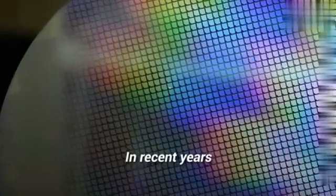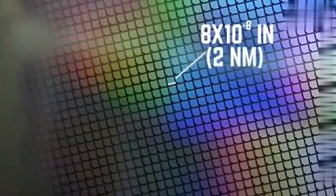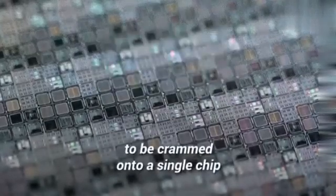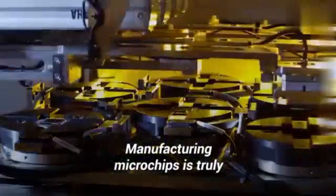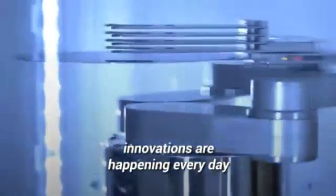In recent years, they've gotten each transistor down to as small as 8 times 10 to the power of -8 inches in diameter, allowing an amazing 50 billion transistors to be crammed onto a single chip. Manufacturing microchips is truly one of our most complex feats. And yet, innovations are happening